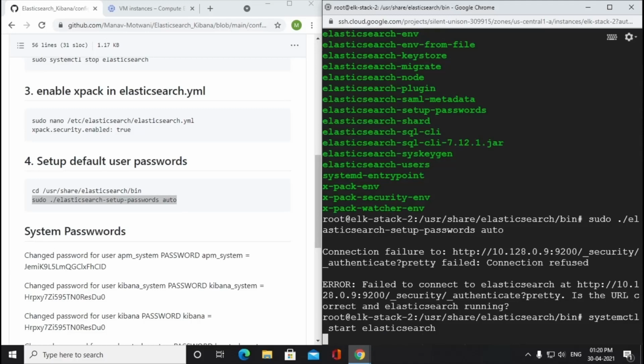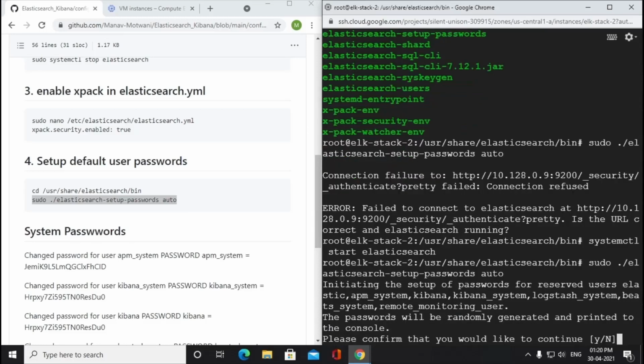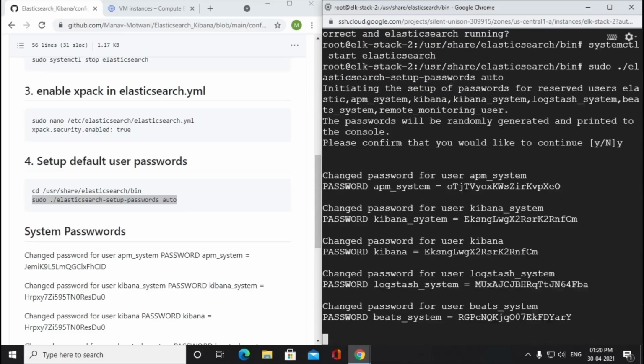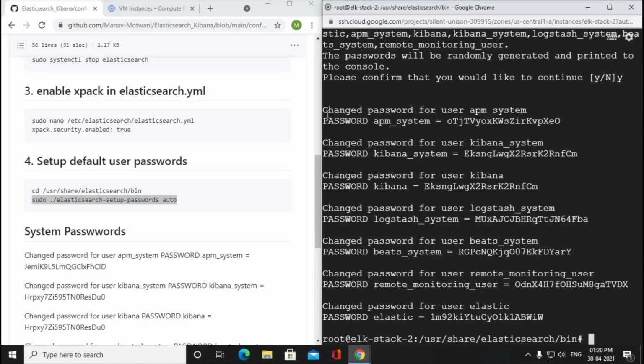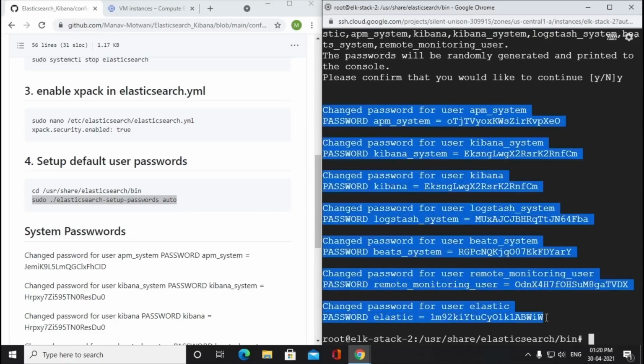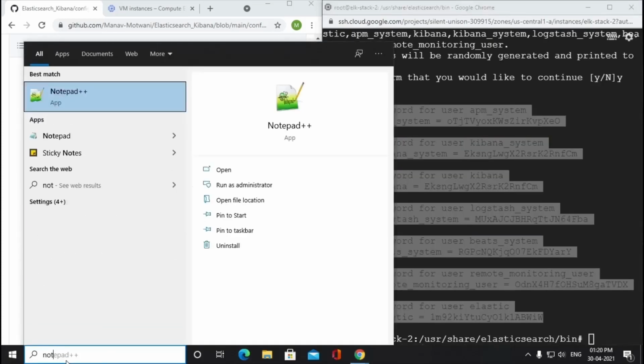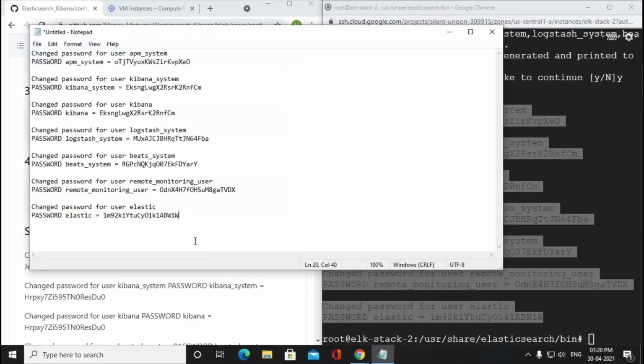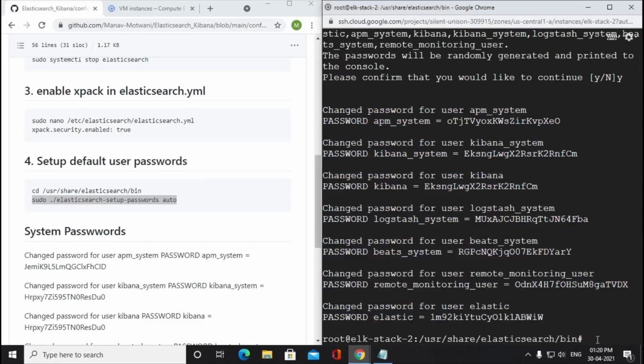Now when the server is up, we can use this bin file to generate automatic passwords. Now these are our passwords. Now our whole communication is password protected. We need to save these passwords somewhere.